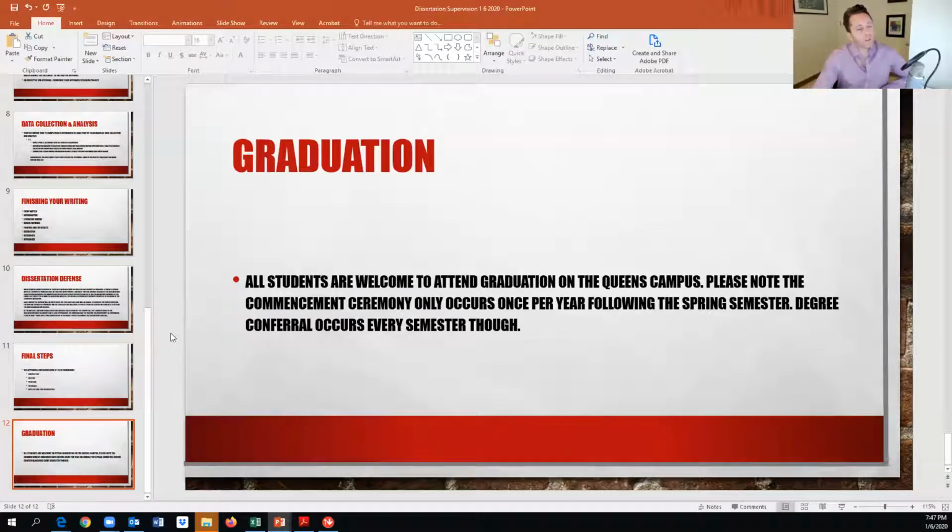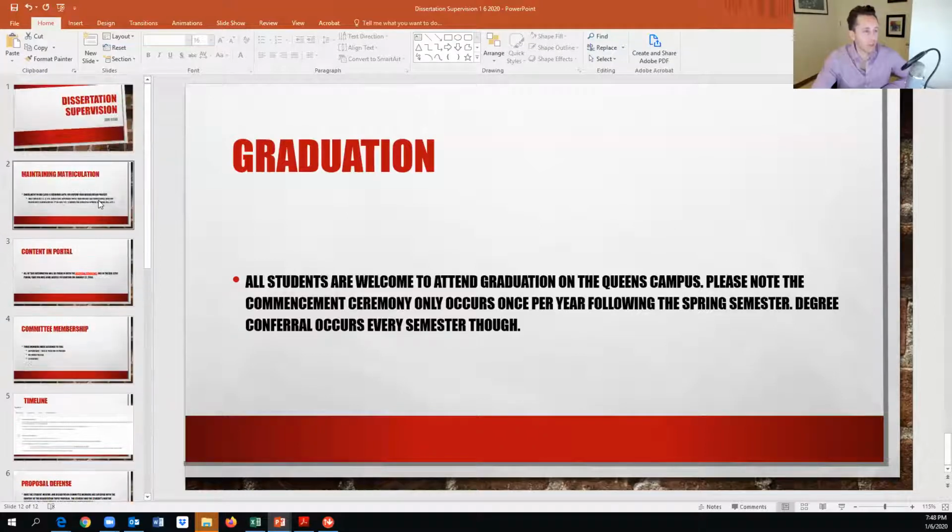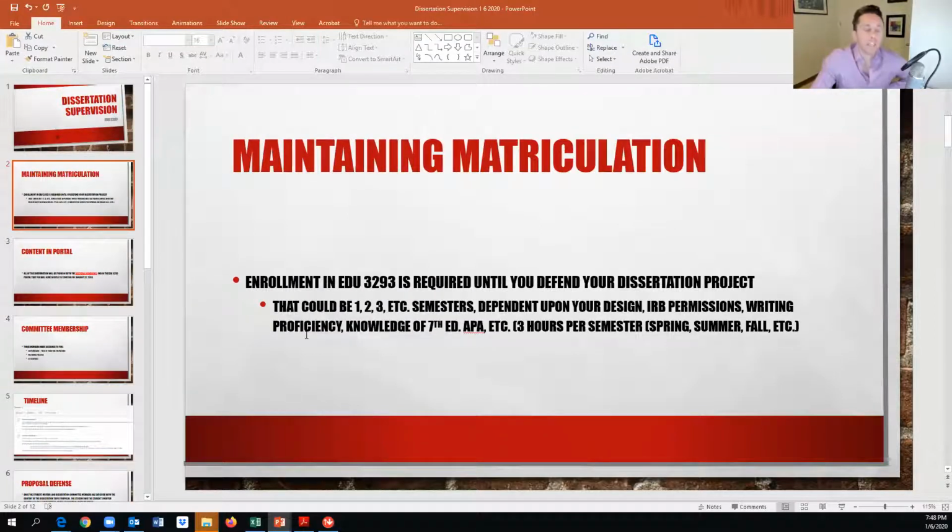And then one other caveat that I wanted to bring to your attention. I want to flip back to the very beginning. Remember, we were talking about maintaining matriculation. Let's say that you spend the spring collecting data. You're analyzing it in April and May and June. You're finishing your writing, and so on. And for whatever reason, you don't beat that summer deadline for the oral defense, whatever those are that have not been determined yet, but I can give you a ballpark guess at this point.